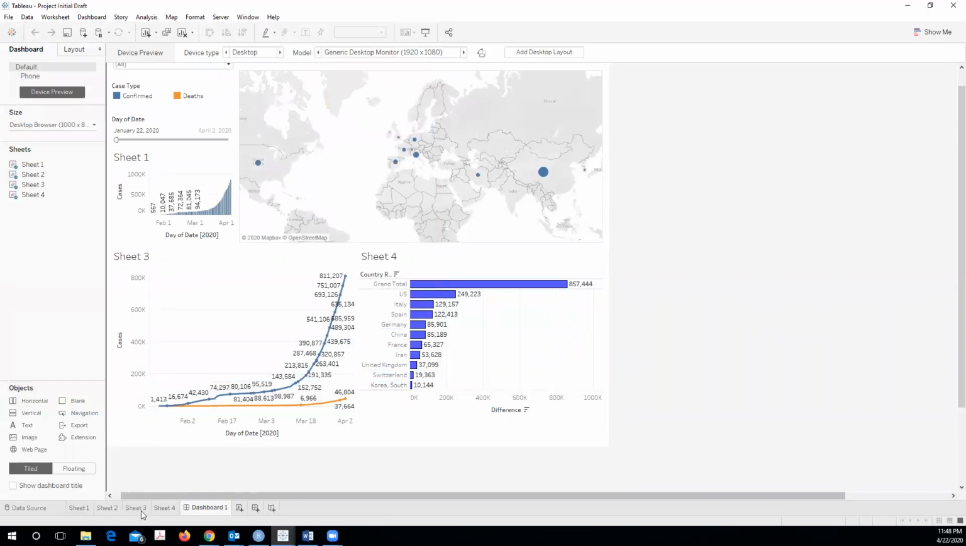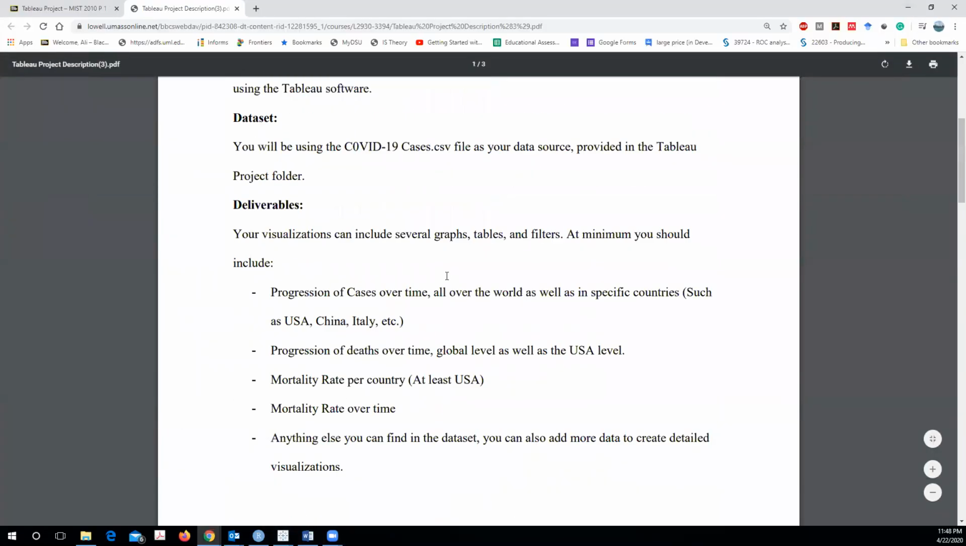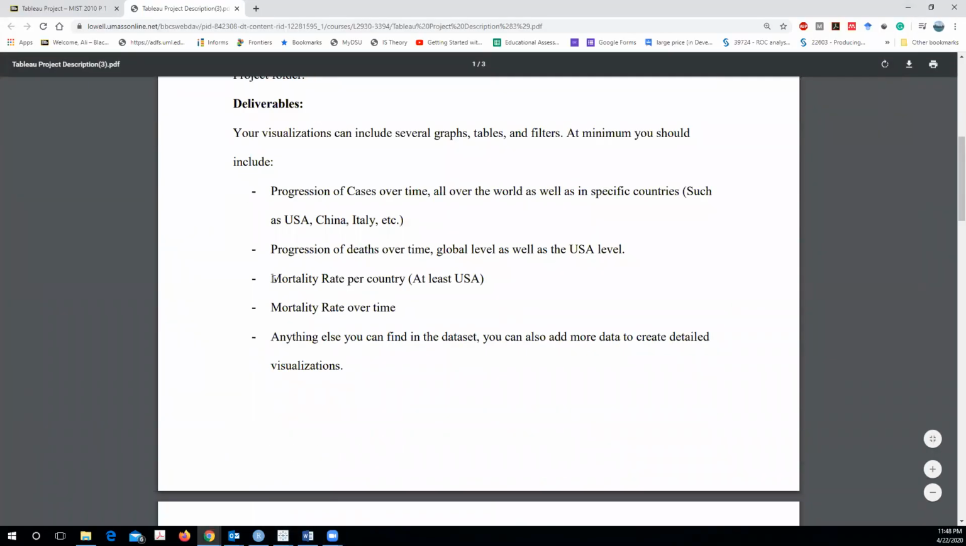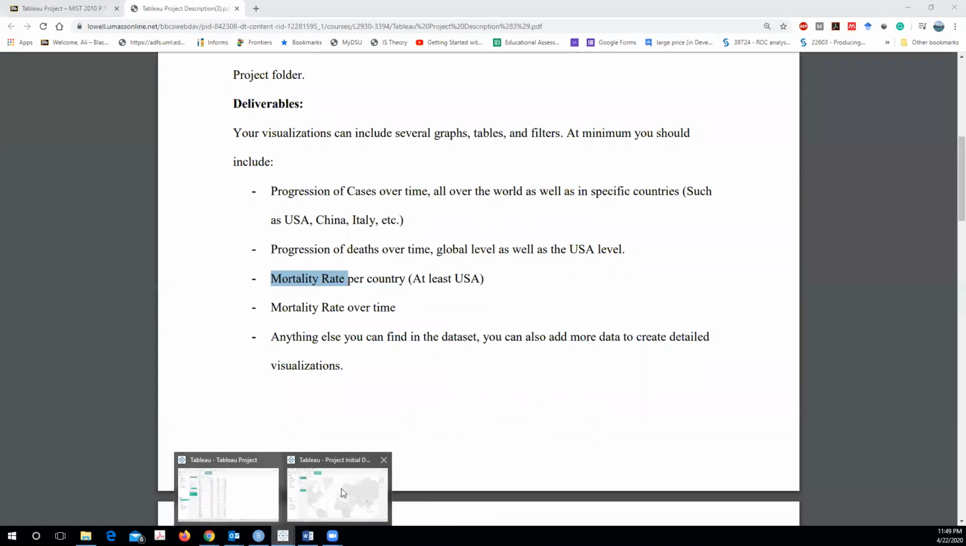Another thing I want to give you for this project: in the project, I'm asking you to look for mortality rate. The data does not give you mortality rate. The data just gives you the number of cases, number of deaths over time, and total deaths. So if you go back to the data set,